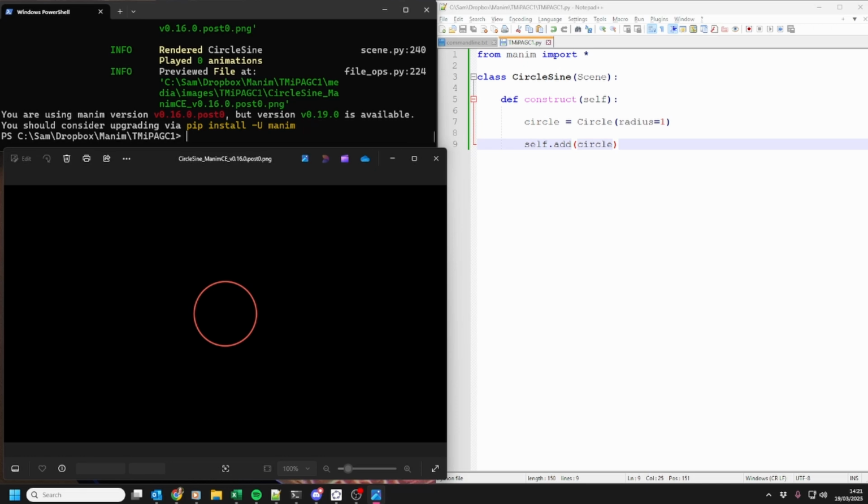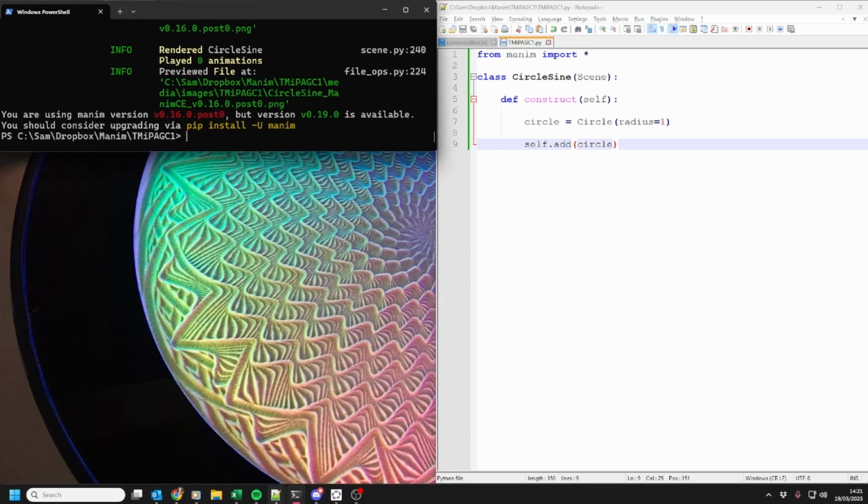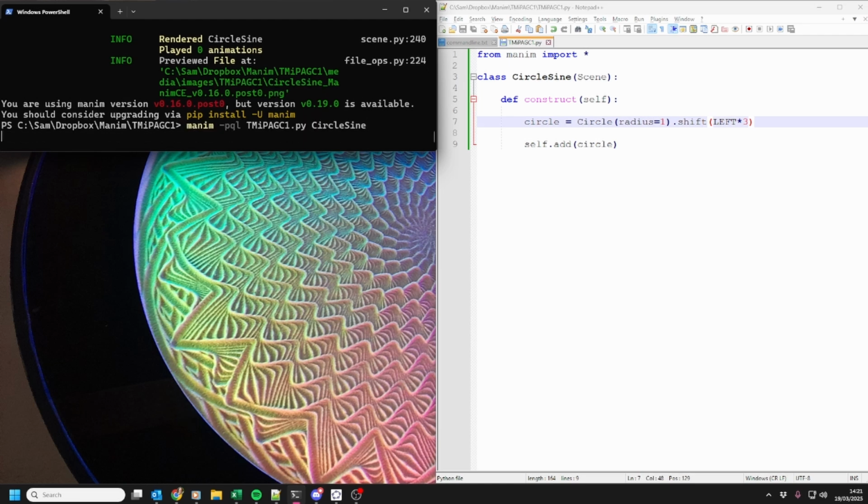So the first thing I want to do is, this circle is in the center of the screen, and if I want to show the link with the sine curve, it's probably better to have the circle on the left and the sine curve on the right. That's the classic way to do it. So I can move the circle to the left by adding a .shift(LEFT * 3). LEFT is a vector that's predefined in Manim, which is an amount of space moved to the left, and multiplying it by 3 will move it 3 times that far. So if we run that again,